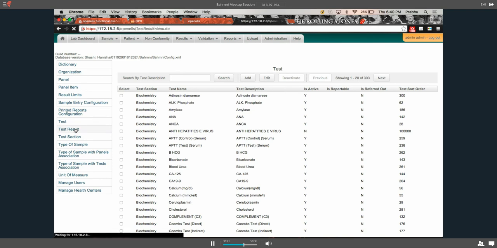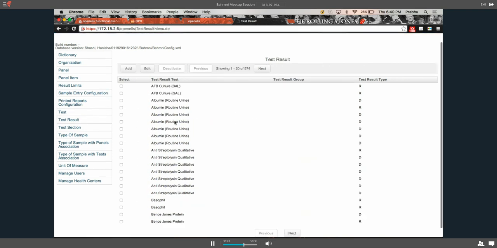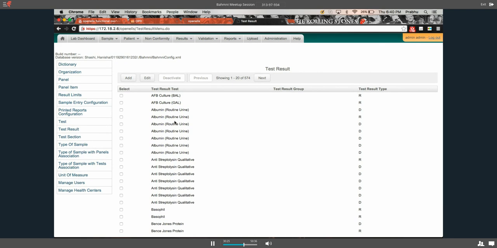So the test result, each and every test has a type. It can be a drop down, it can be numeric, and it can be remark. So for example, let's say it's a drop down, and whenever you add a result for a test, you can see the drop down list auto populated. So for example, this albumin,